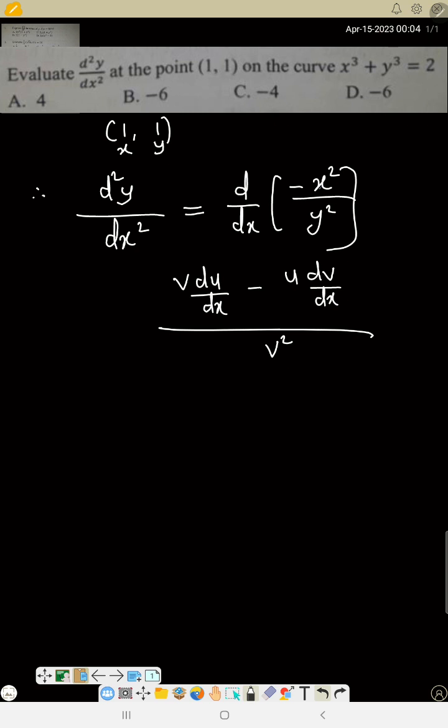So that is what I'm using here now. So d squared y over ds squared now will be equal to, remember, anything you have up here is u, anyone you have down is v. So based on the formula now, v, that is y squared,